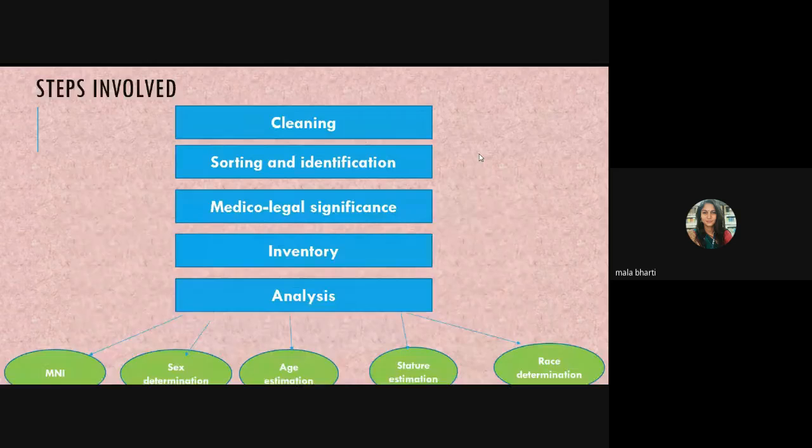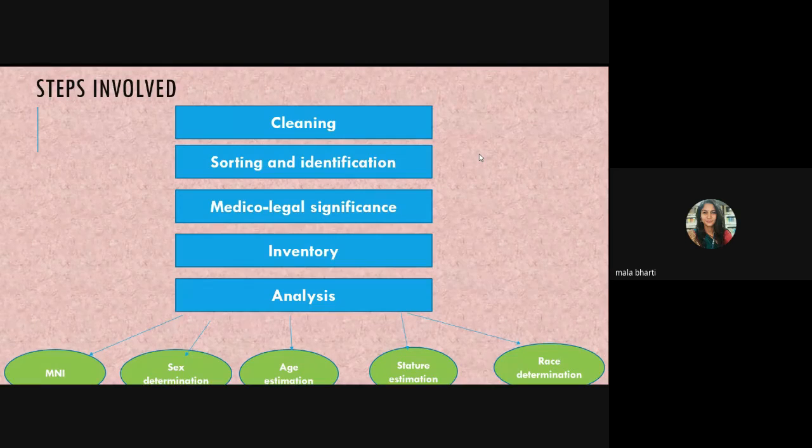Whenever we recover a bone at the crime scene, the first thing done is the cleaning part. Before we collect it, it's very important that we remove all the contaminants from it, and look into those contaminants as well, along with the flesh. If the bone has a huge amount of flesh over it, it's important that we use certain dermestid insects which can remove the flesh from the bones. So it's important to clean the bones before we pack them.